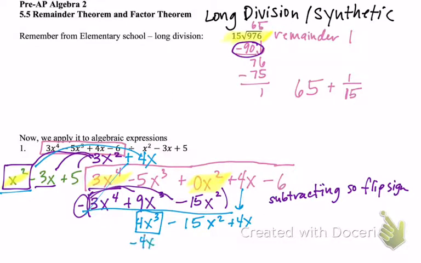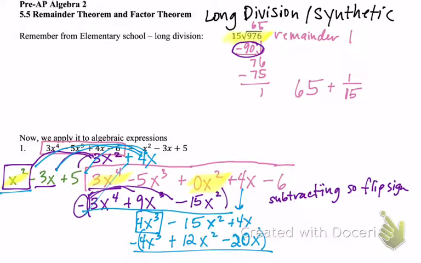So minus 4x cubed. 4x times negative 3x gives me minus 12x squared. 4x times 5 is plus 20x. Then I flip my signs, so this becomes a positive and this becomes a negative. I subtract down,